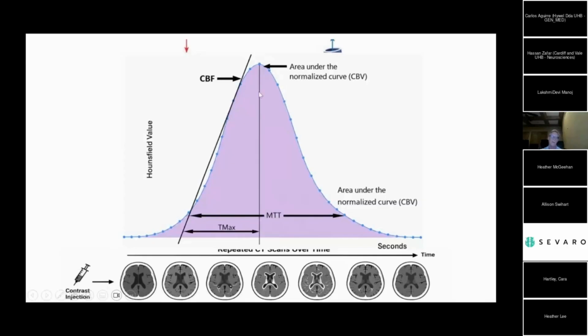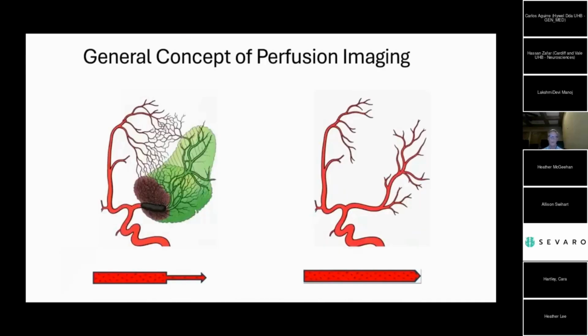And the CBV, or the cerebral blood volume, is displayed here in the purple. It's the area under the curve, okay? This is normal. I'll show you abnormal in a second. So real quick here, stepping back again, we have the normal brain here, and we have a brain here with